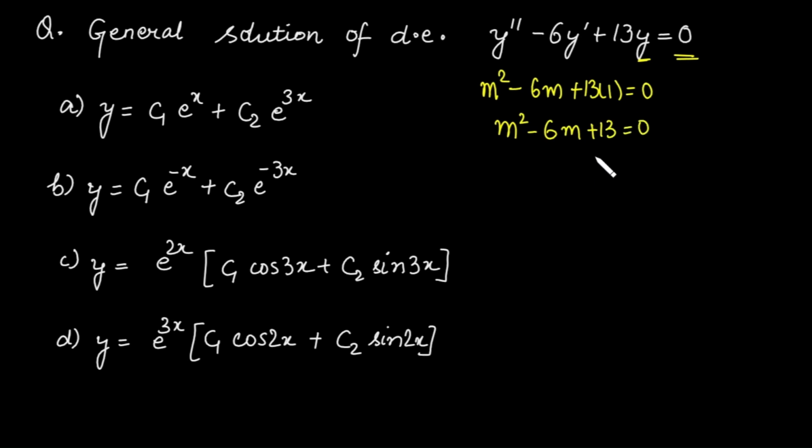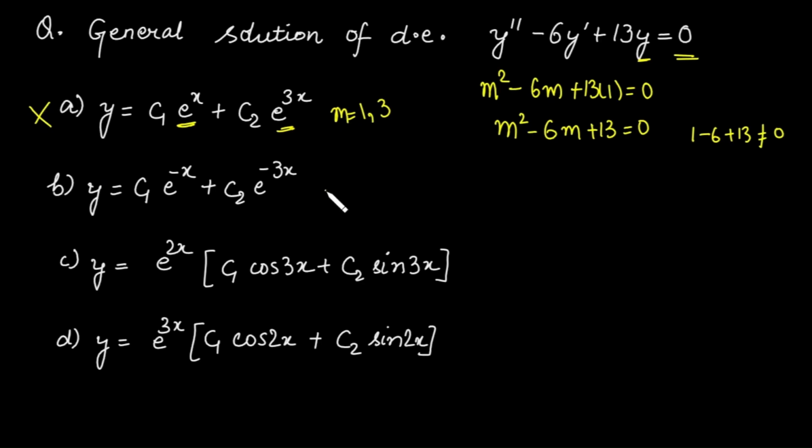Next step, we can find the roots. Even we can go through the options, whether A and B are the answer or not. So what are the values of m in this case if this is the solution? So m is equal to 1 and 3. Now check whether m is equal to 1 satisfies this one. So we have 1 minus 6 plus 13. Is this equal to 0? No. It means clearly this is not the answer.